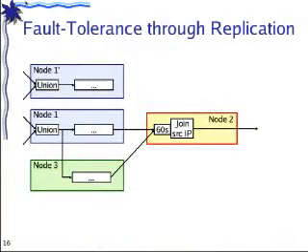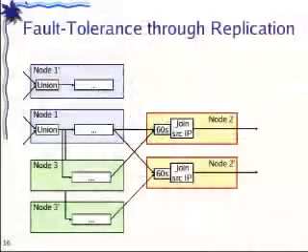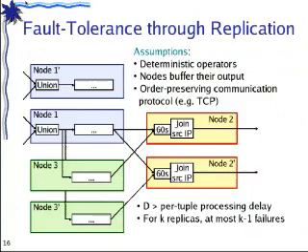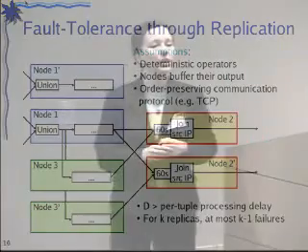So given these challenges, we also make a few assumptions. First, we assume that we have enough capacity in the system to replicate each one of the processing nodes such that all the replicas are going to process data, and the downstream nodes can get their inputs from any one of the upstream replicas. We also assume that operators are deterministic. So this goes back to your question, such that the state of the operator and the output is only going to depend on the values of the input tuples and the order in which they are processed. And actually, this is the case. Most stream processing operators are indeed deterministic.